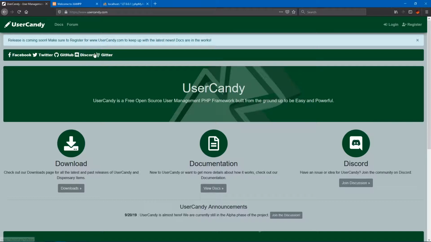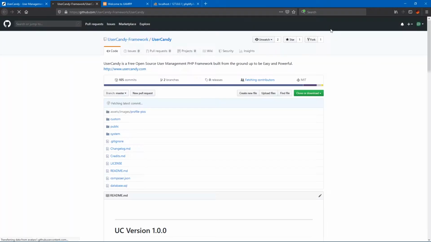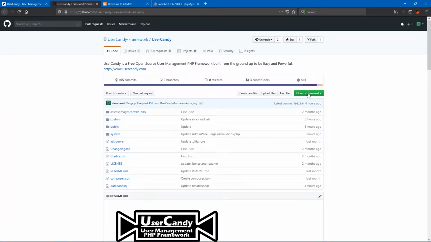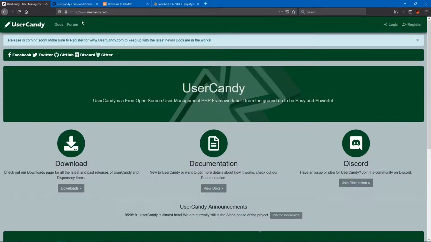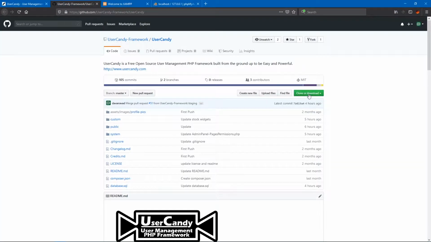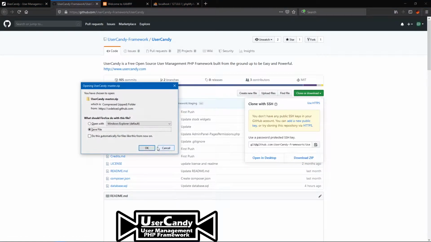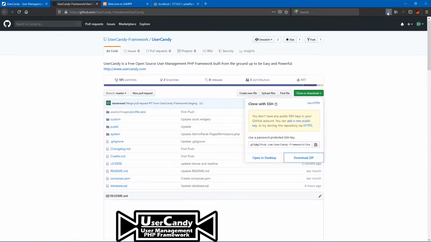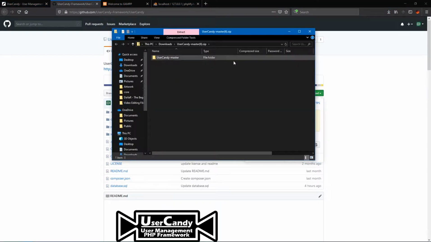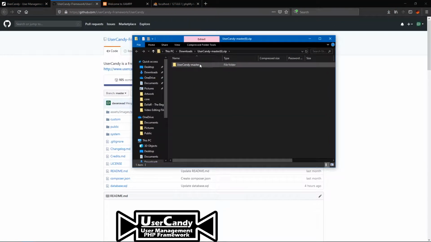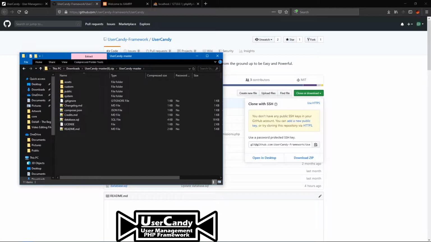Alright, so the first thing you're going to want to do is go ahead and download the latest version of UserCandy, which eventually I'll have a downloads page here for the official stable releases. But at this time, just pull it from the GitHub. This will be the most up-to-date version of it. So download, save it, and as you can see, I've downloaded this a few times. Open this up here, and then you want to